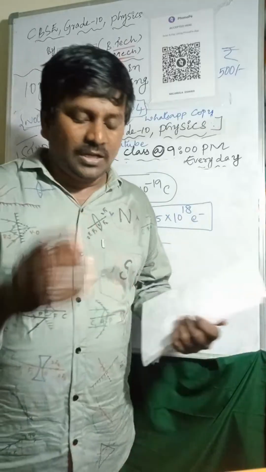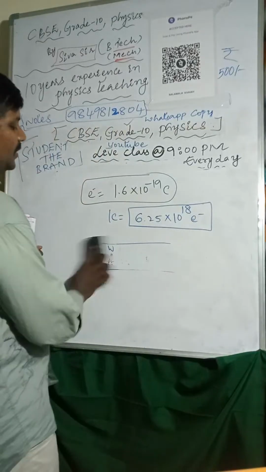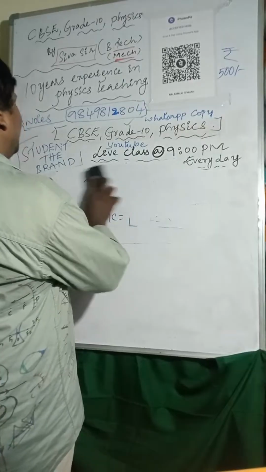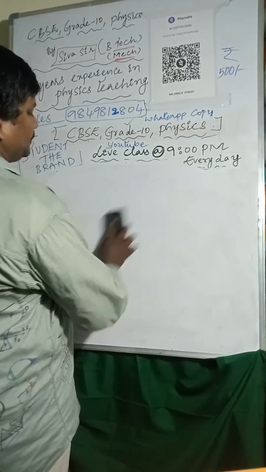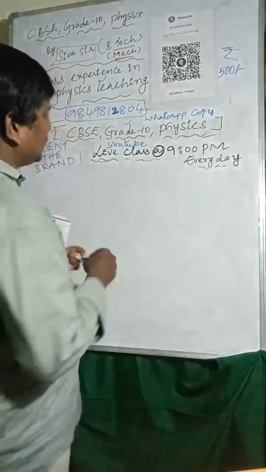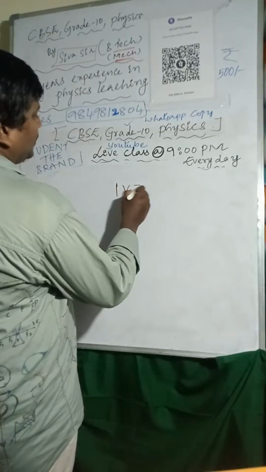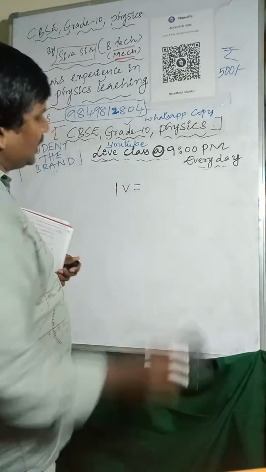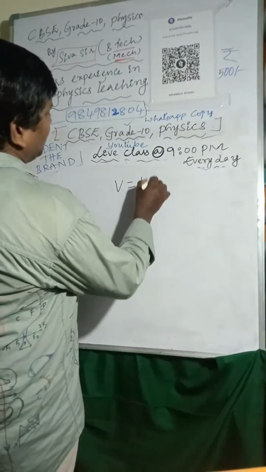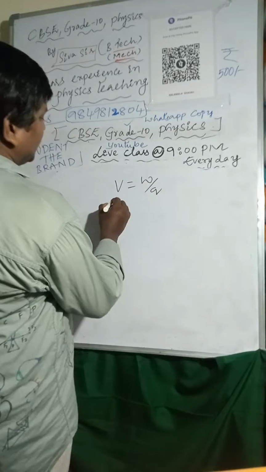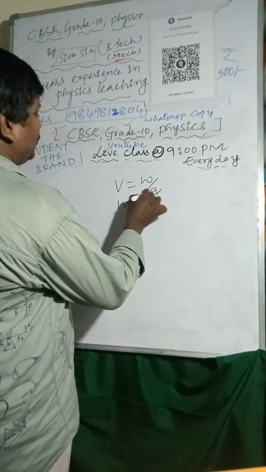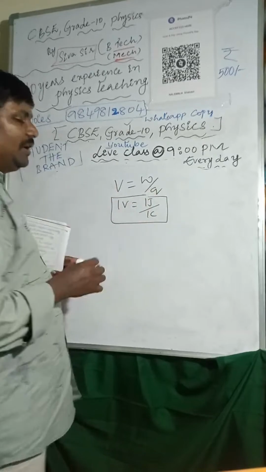State the relationship between 1 volt and 1 joule. The normal formula is V equal to W by Q. From this, 1 volt equals 1 joule of work done to bring 1 coulomb of charge. So 1 volt is defined as